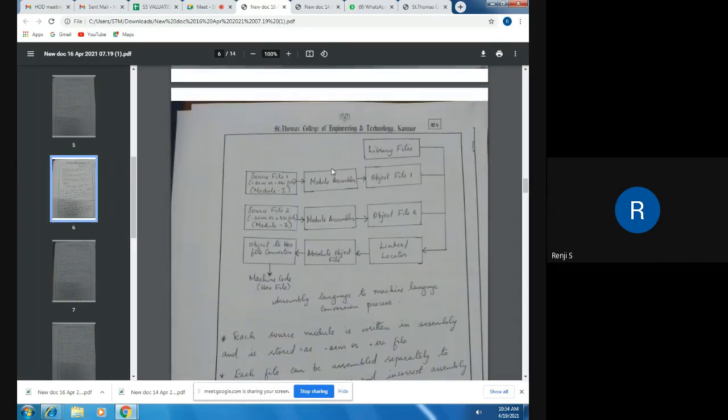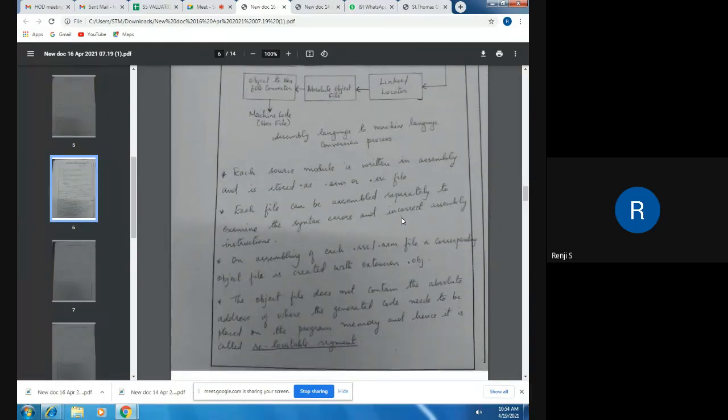So after the assembly process, you will get object file 1 and object file 2, and these files will have the extension .obj. Since it is another file format, you call it an object file. Here we said ASM is the assembly language file, so .asm, and then it is converted to an object file, which now has the extension .obj.